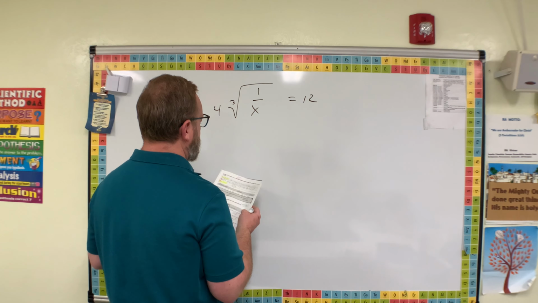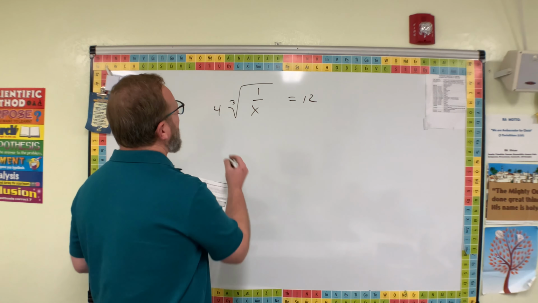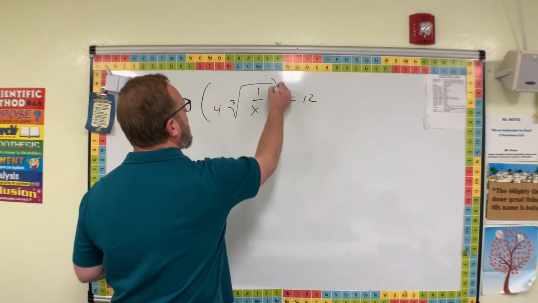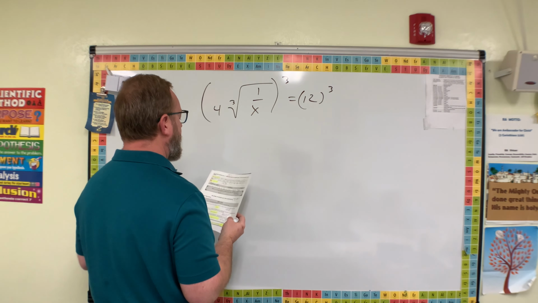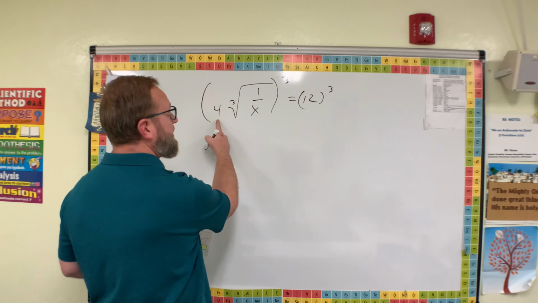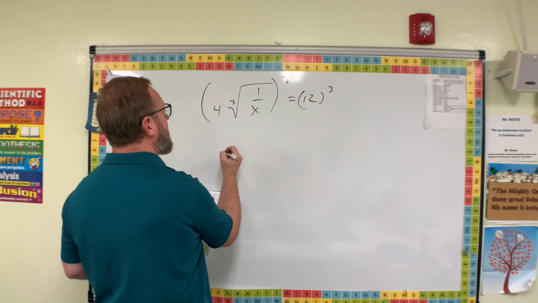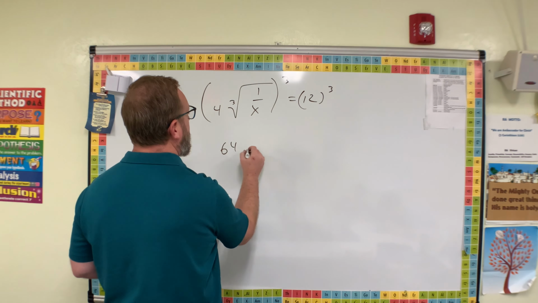Use cube both sides. I would think probably that. Cube both sides. What in the world does that give me? Big. What's 4 cubed? 64. 4 cubed is 64? Yes. 64 times